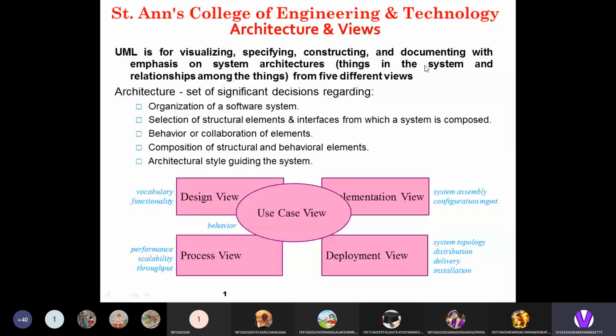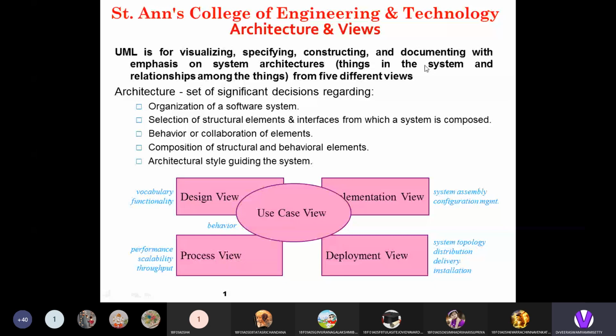Each and every view in the unified modeling language architecture has a significant role when you are developing any kind of system or application. The first important view is design view. Design view focuses on the vocabulary and functionality of the system.